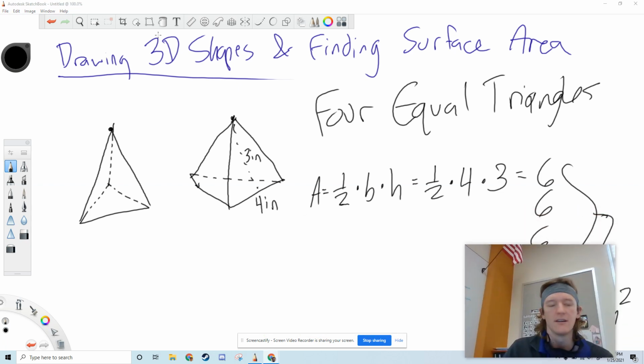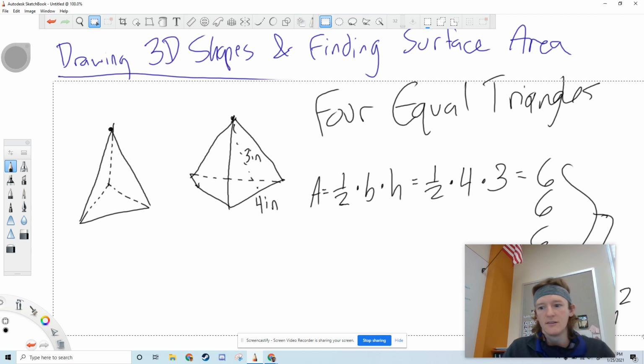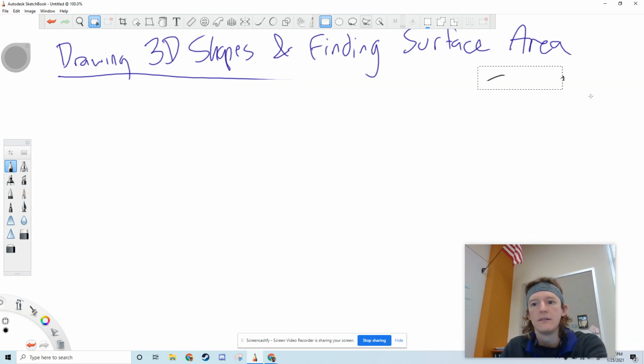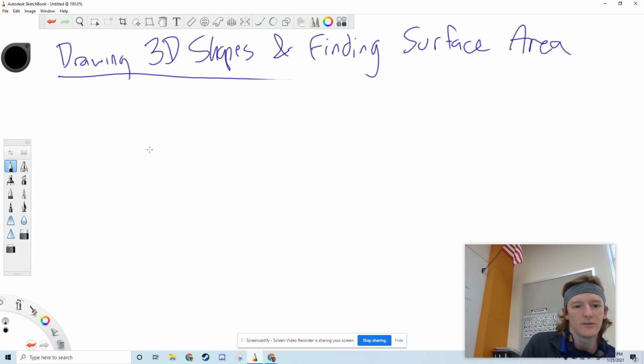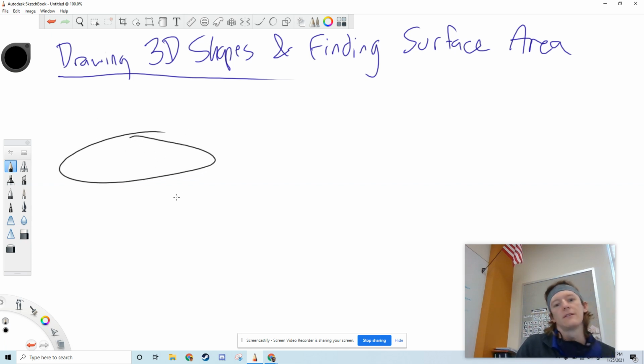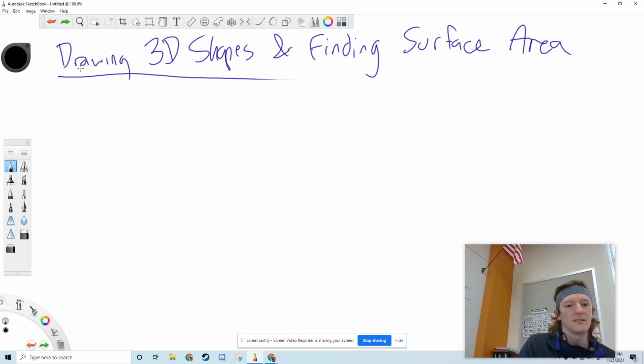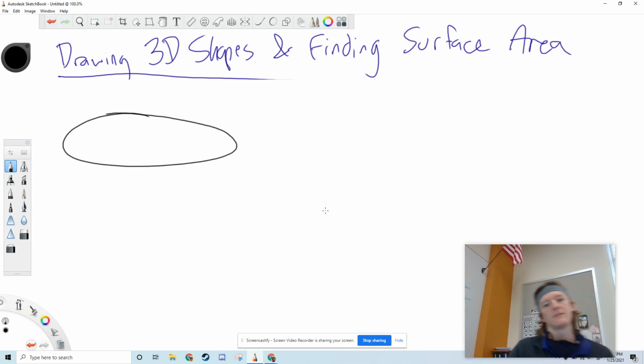All right, so one more, and it'll be a cylinder. The way to draw a cylinder, we're just going to start with an oval. That wasn't really good. Started off pretty good. Let's try a better one. Keep messing up right there. There we go. Now, once you have your oval that's kind of sideways, we're going to draw a couple lines